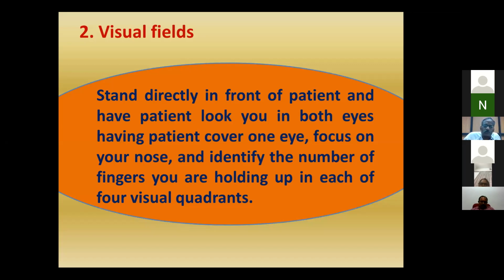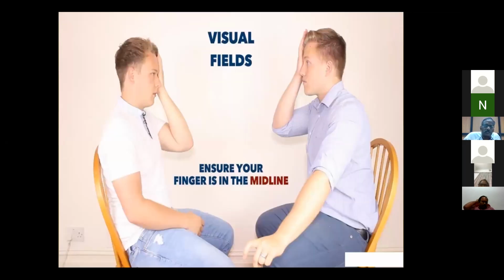So what we are going to do, this is the picture. You must sit or stand in front of the patient, and you must compare your field with that of your patient's field, because you are normal. You consider that your field is normal. Close one eye. The eye you close indicates the same side of the patient.